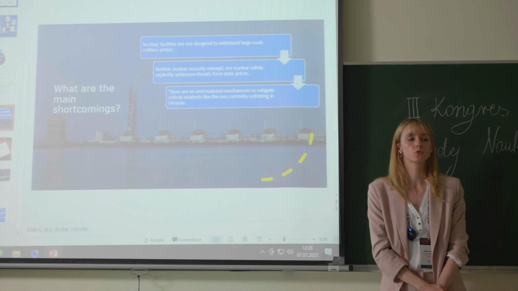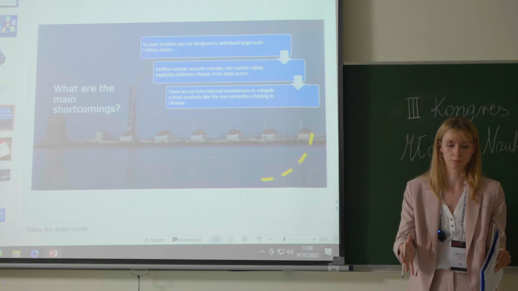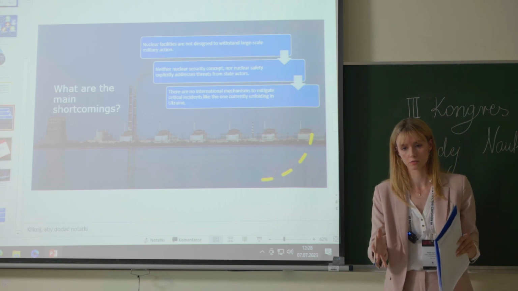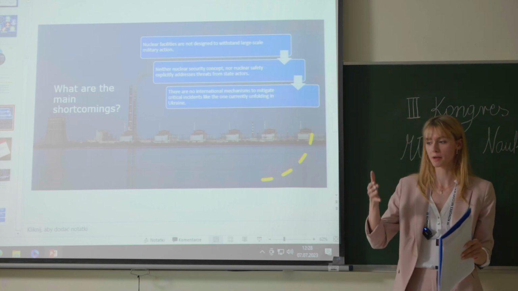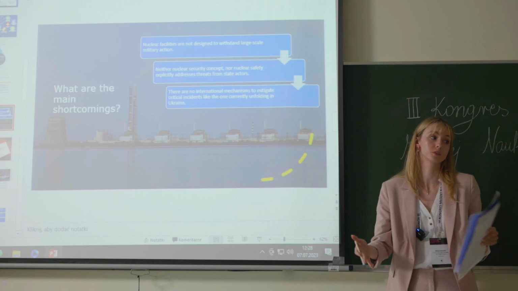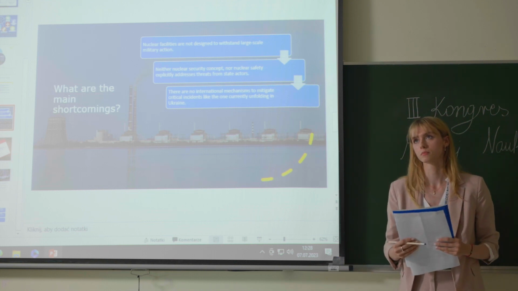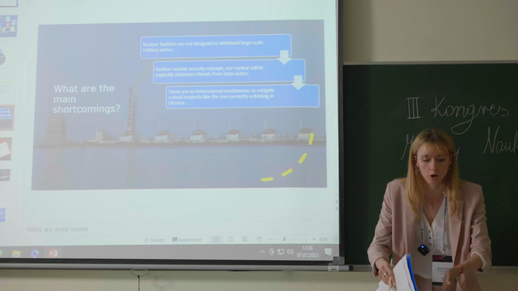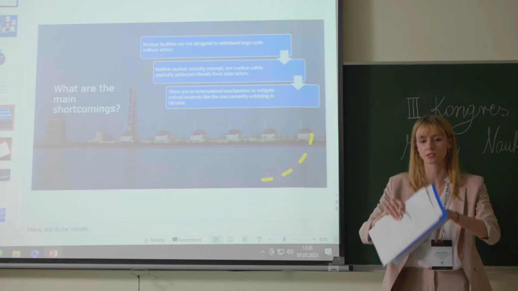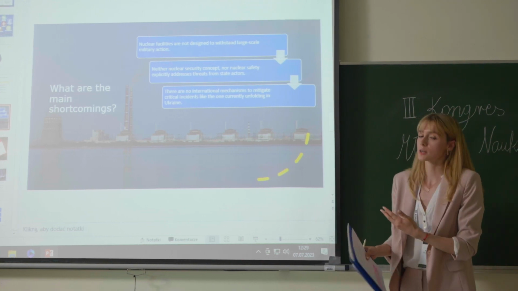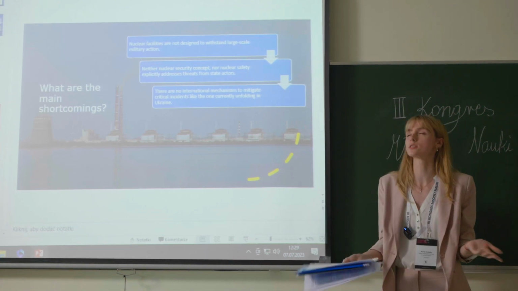But in case you are deliberately shelling the power plant and the containment, it takes 2 or 3 missiles, for example, to actually make a hole in the containment building. So this is the problem. It doesn't mean that it's going to be directly targeted at fuel rods and exactly this time the catastrophe is going to happen. But still, this is problematic, and they generally are not designed for that.